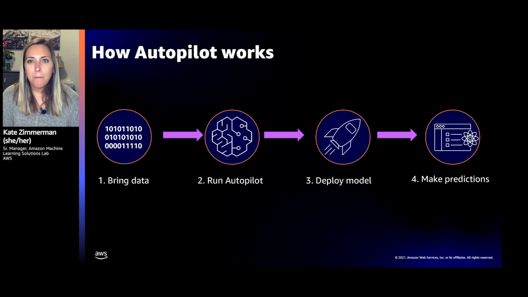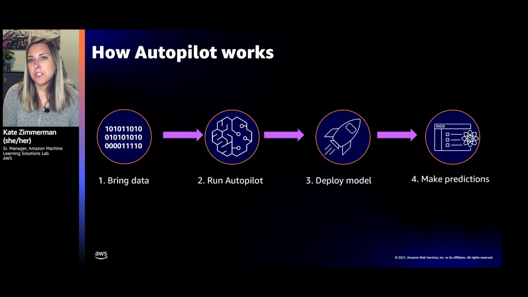So when I talk about AutoML making things frictionless, you can really think about the fact that all we really need here is data. And once we have the data for training the models, it is only a few clicks in the console to be able to go off and start building machine learning models, which is pretty darn powerful. And really enables you to start experimenting with machine learning earlier in the business process. So you don't need to go out and hire a big team of data scientists and machine learning engineers to even start experimenting with ML. Autopilot makes it easy to start doing that now.